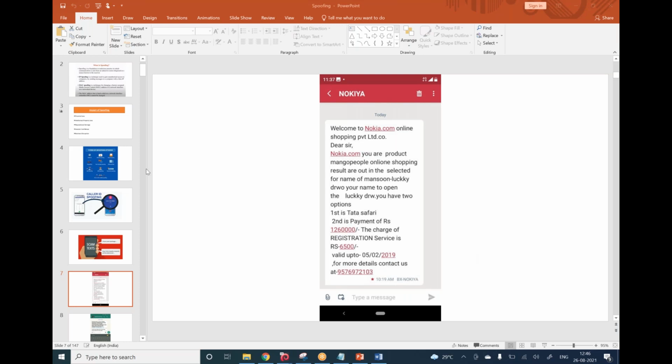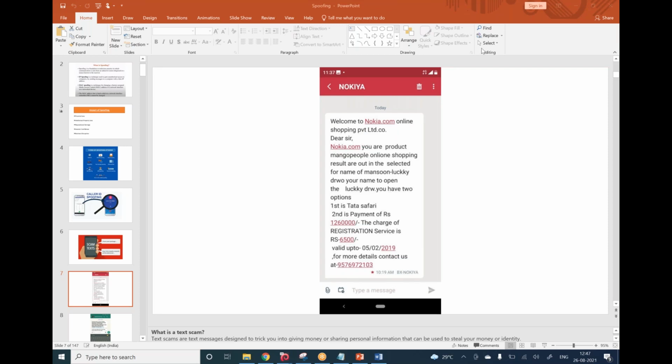Now, is anything wrong with this message? Can you tell me? Do you feel there is something wrong in this, or can you trust this message? Excellent. That is what I was waiting for. Nokia. But maybe elderly people may not realize it. Because we're learning hacking, we are closely observing things. Otherwise, we may not know.